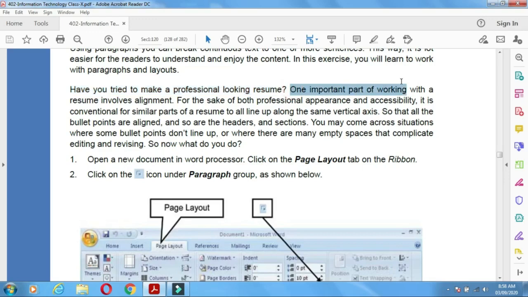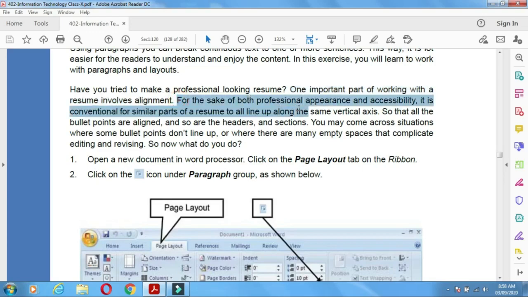One important part of working with a resume involves alignment. In the resume, you have to make the alignments: left alignment, right alignment, center alignment. These are the three different alignments. This is the most important part while making the resume, that is nothing but the alignment.